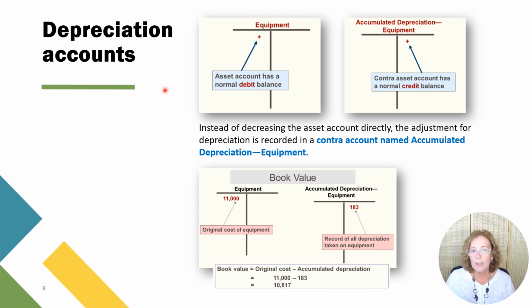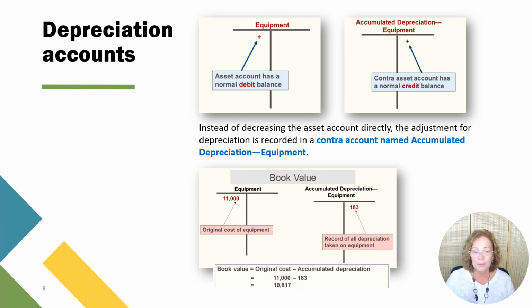An additional term that is often used in connection with assets is the book value. The book value is the net asset value after depreciation, which means that you take the original cost of the equipment and you subtract the accumulated depreciation from it. In our case, it is $11,000 minus 183, which equals 10,817